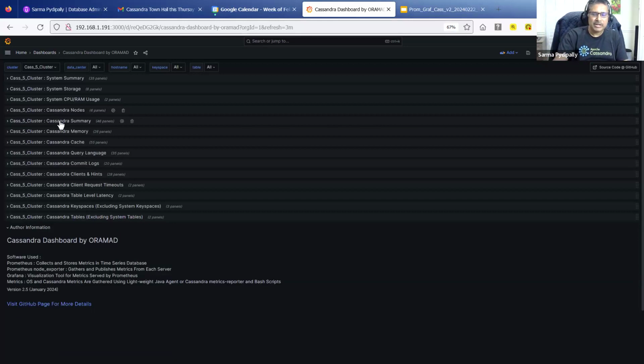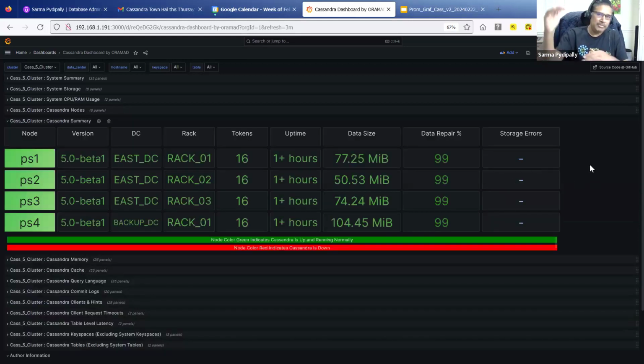You can expand this panel here, which tells you this is a summary view. For example, we are upgrading the cluster. There are some nodes running a different version of Cassandra, which will be visible here. And I recently ran into a problem. We have a parallel team who did automation and said, okay, you build this 8-node cluster. They built the cluster, but what I realized after 4 or 5 days is they built 6 nodes with one version and 2 nodes with a different version. And unless we go look for the version, we don't see that. This is the view where you can clearly see all nodes are running the same version.